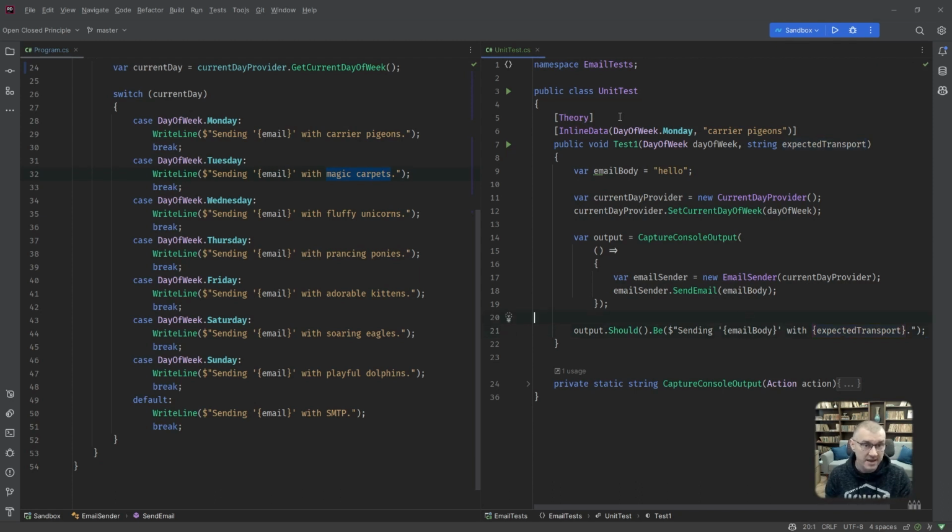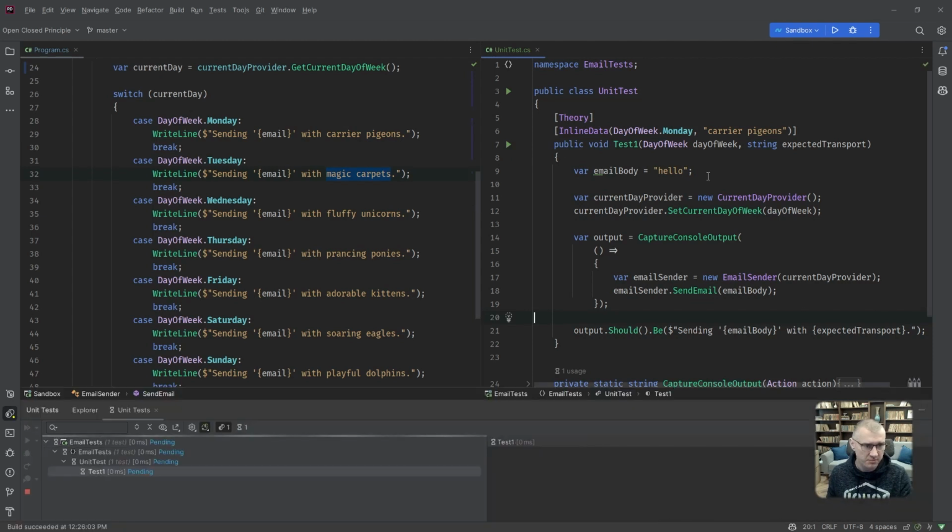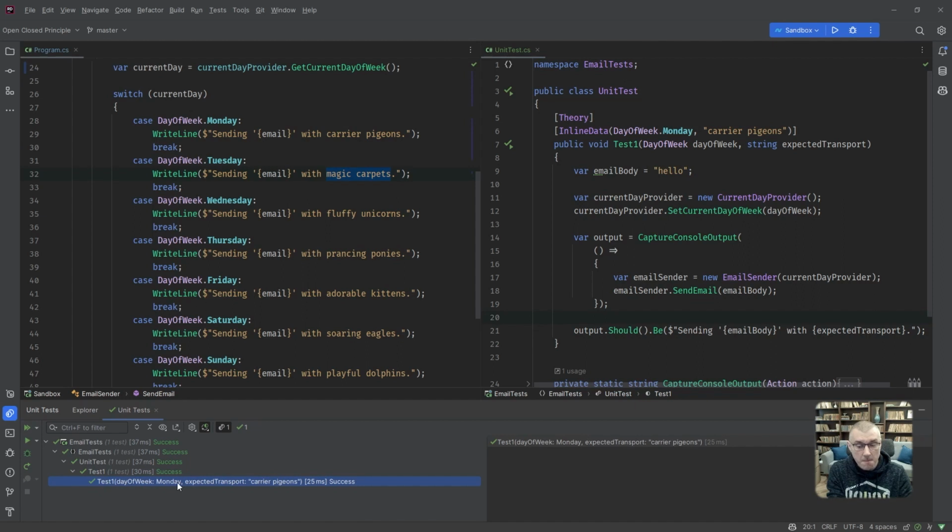Now, we've got a theory with one use case. That's almost a fact. But let's see if this works, because if it doesn't, we've got bigger issues. Luckily, it works. And underneath the test, one thing in here, which until now was just this, test one. Now we start to see use cases popping up, okay? And this is interesting.